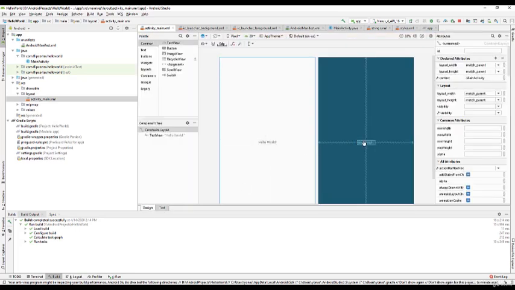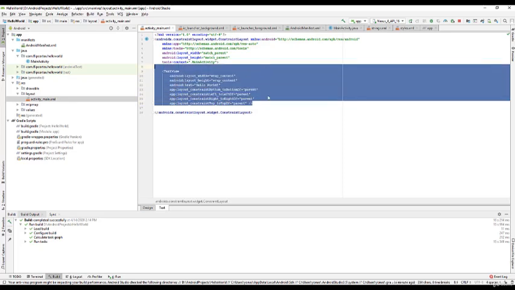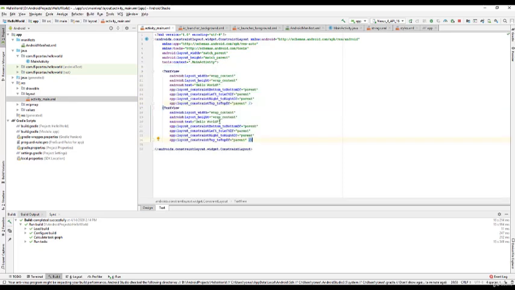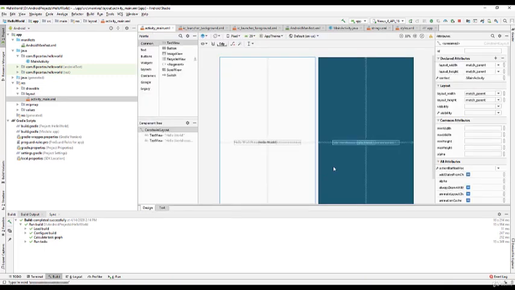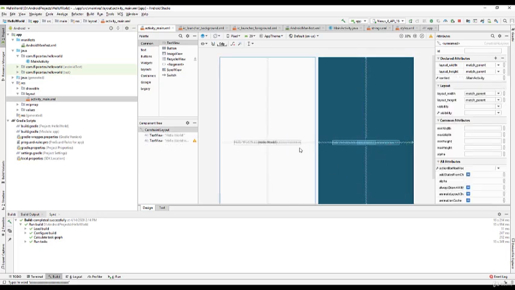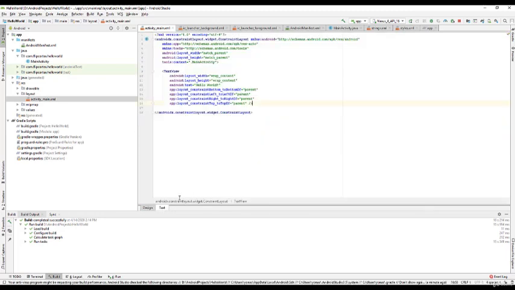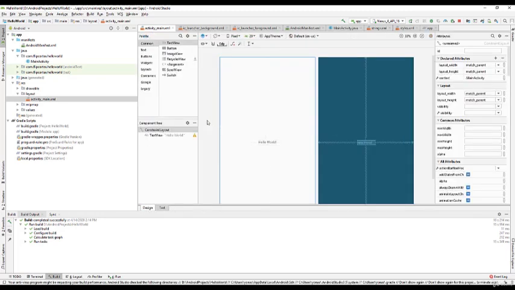Then we have the text view, which is the XML version of that UI. In the XML, you can, for example, add a text view by copying and pasting the existing one. For example, if we add more characters to the copied one, we see that there are two text views behind each other.